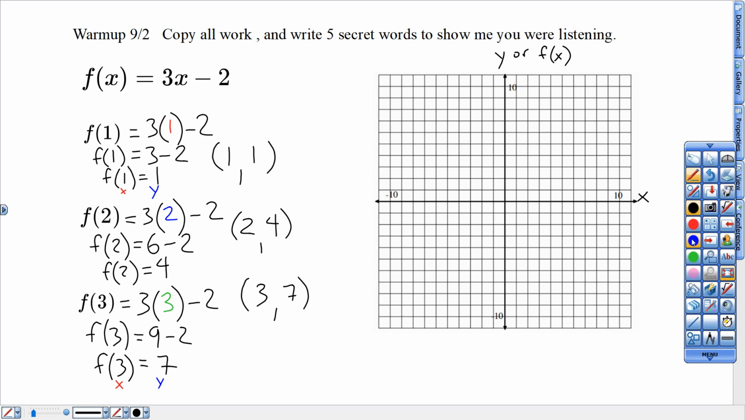Plot them. So 1, 1 means right 1 on the x-axis, up 1. That's the point 1, 1 right there, over 1, up 1, be able to graph. 2, 4 is right 2, up 4, 2, 4. And then the last one is 3, 7. 1, 2, 3, 4, 5, 6, 7. 3, 7. If I draw a line through these and I'm accurate,